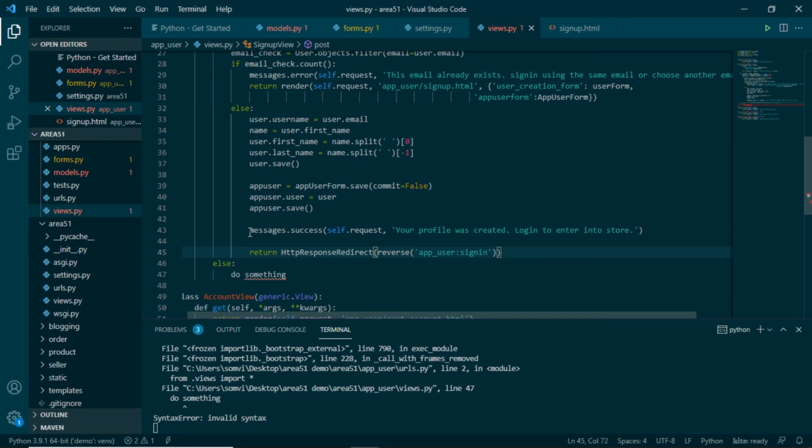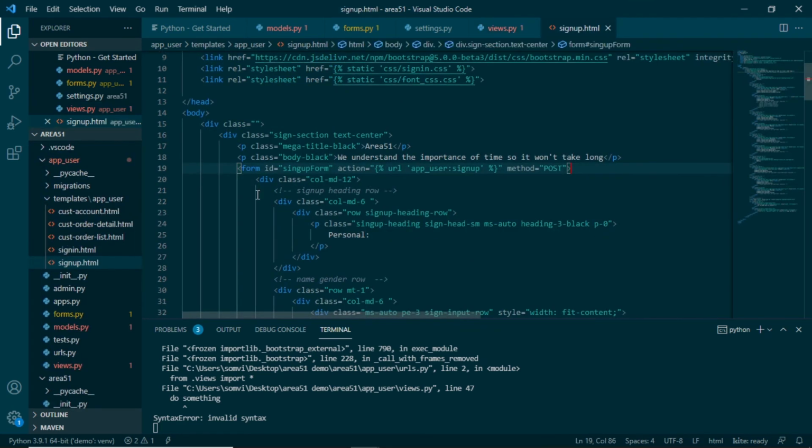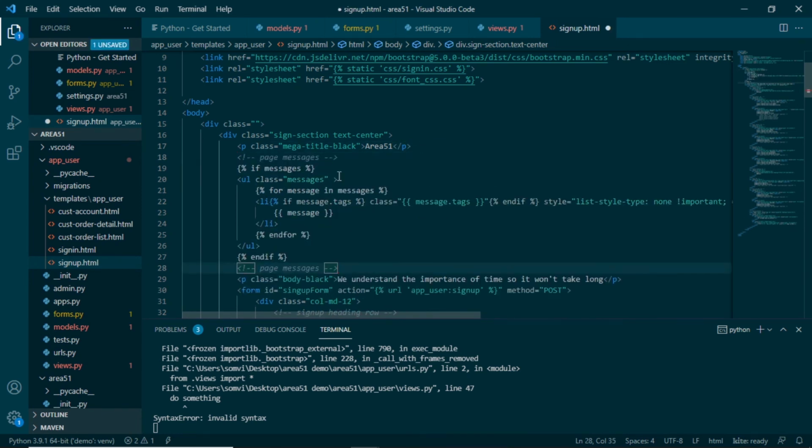Here, let me show you how we can show these messages on our HTML page. So if we go to signup.html, on the top under the title I will put this line. So this line of code will show our messages. You can get this from our Django documentation page, but what this is doing is if there are any messages sent, it will just show it here. Let it be error message, success message, debug message, anything. So using these simple lines, we can show any message on our page.